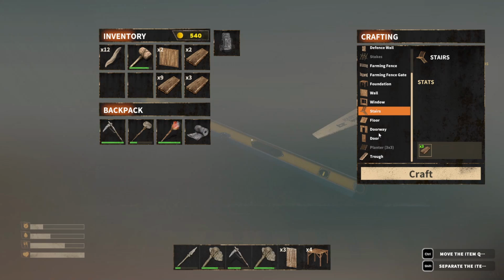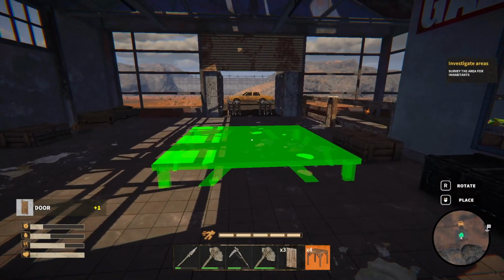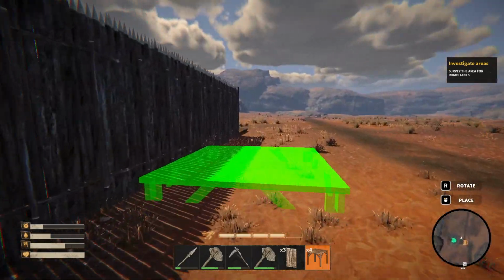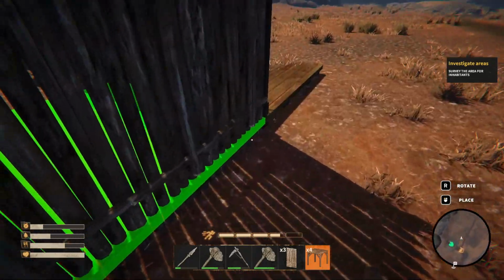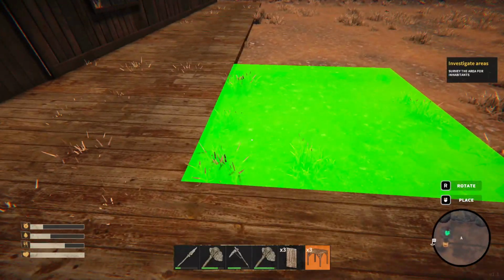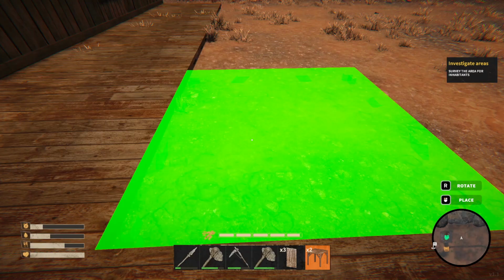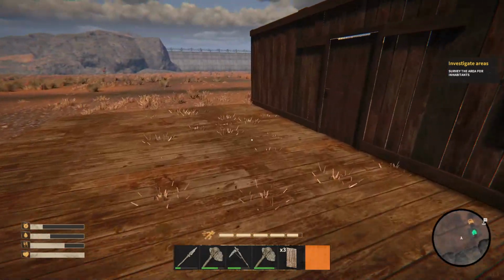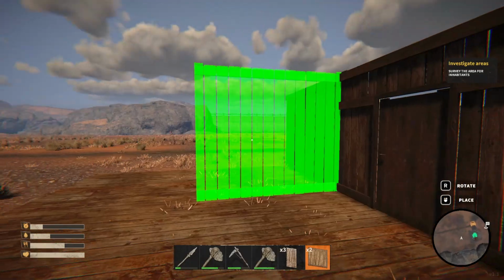I don't really need stairs at the moment. I need another doorway. And another door. We're gonna... So this will snap on, which is great. That's fantastic, but it's not great for, you know... for other things. So we need...